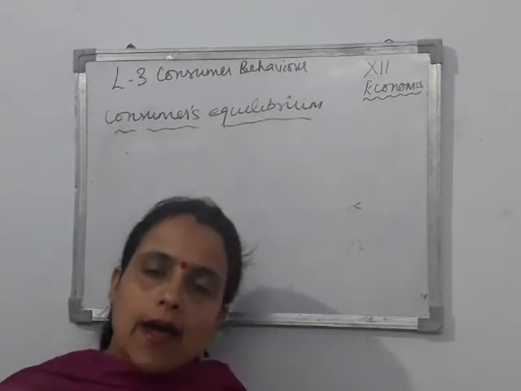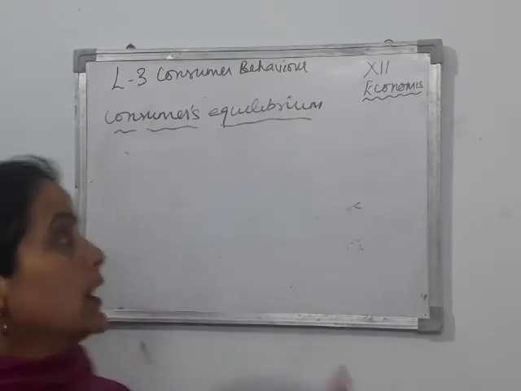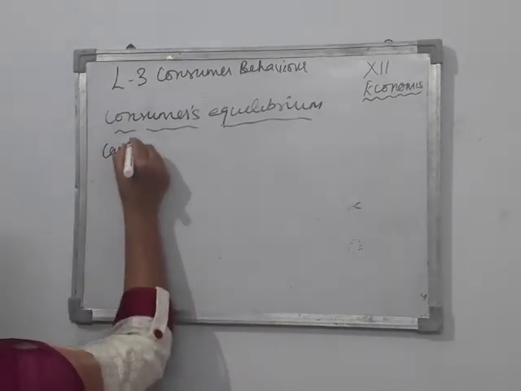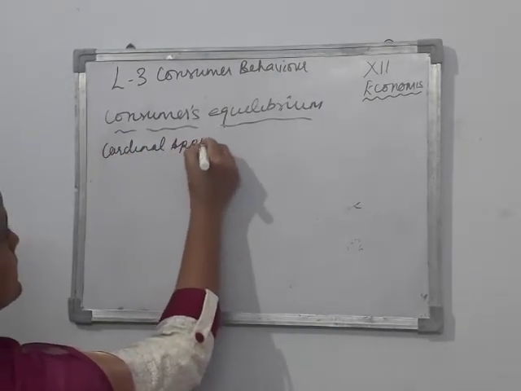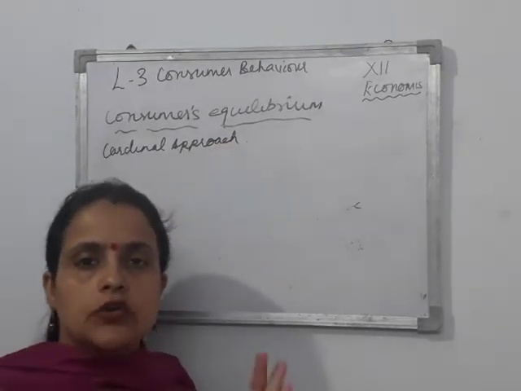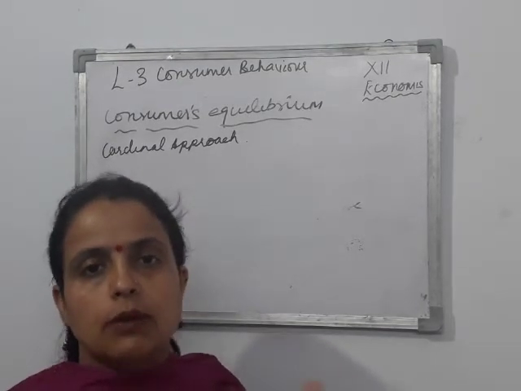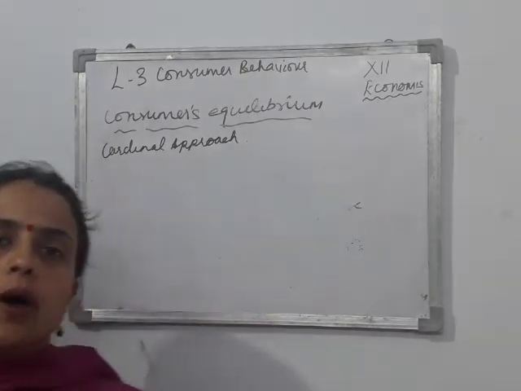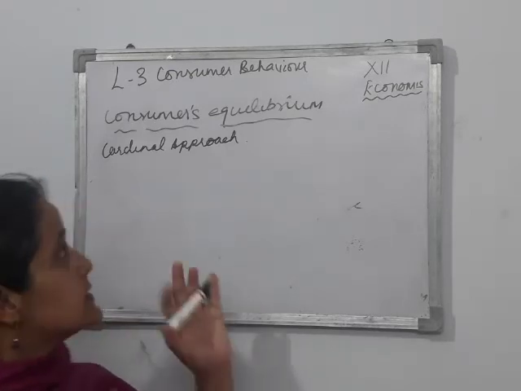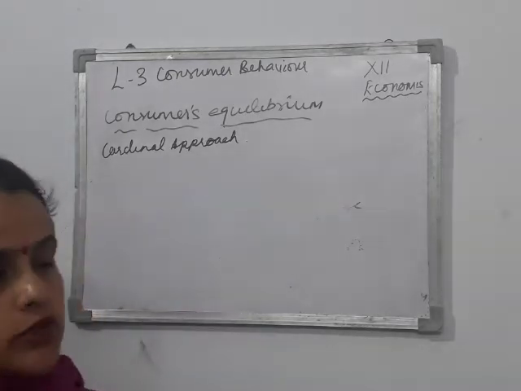जब एक कंज्यूमर अपने आप को मैक्सिमम सेटिस्फैक्शन की पोजीशन में पाता है तो उसको हम कंज्यूमर इक्विलिब्रियम कहते हैं. तो इसमें कंज्यूमर इक्विलिब्रियम पढ़ने का जो पहला अप्रोच हम कर रहे हैं इस वक्त वो है कार्डिनल अप्रोच. कार्डिनल अप्रोच क्या कहता है? कार्डिनल अप्रोच कहता है दैट द सैटिस्फैक्शन और यूटिलिटी, द टर्म यूटिलिटी विच मीन्स सैटिस्फैक्शन इन इंग्लिश, यूटिलिटी कैन बी मेजर्ड इन एब्सोल्यूट नंबर्स. ठीक है, कार्डिनल अप्रोच कहता है कि यूटिलिटी को हम नंबर्स में नाप सकते हैं, जैसे कि 1 2 3 4 5 6. ठीक है, और इस थ्योरी के इस कार्डिनल अप्रोच के हिसाब से, या जिसको मार्जिनल यूटिलिटी अप्रोच भी कहते हैं, उस हिसाब से हम यूटिलिटी को नंबर्स में नापने वाले हैं.